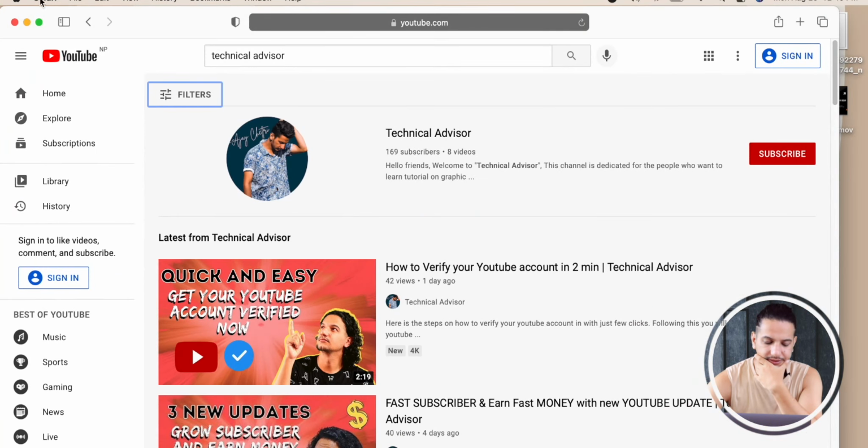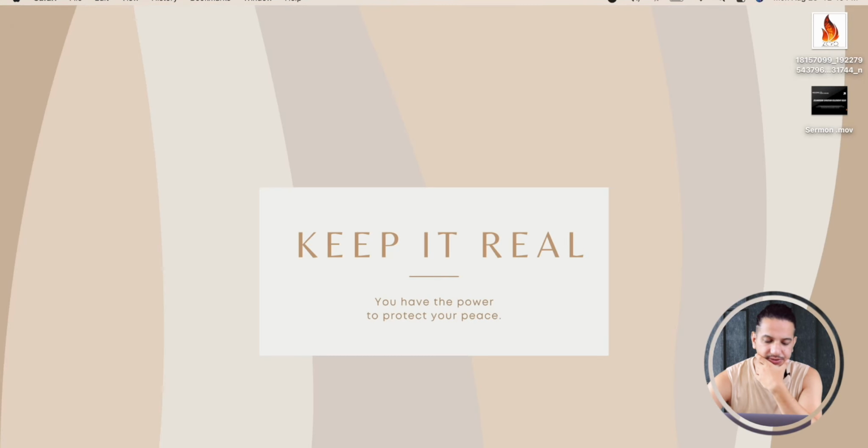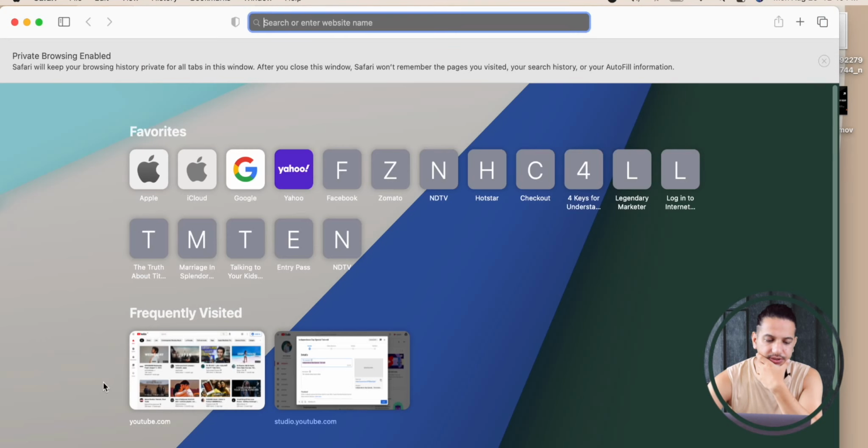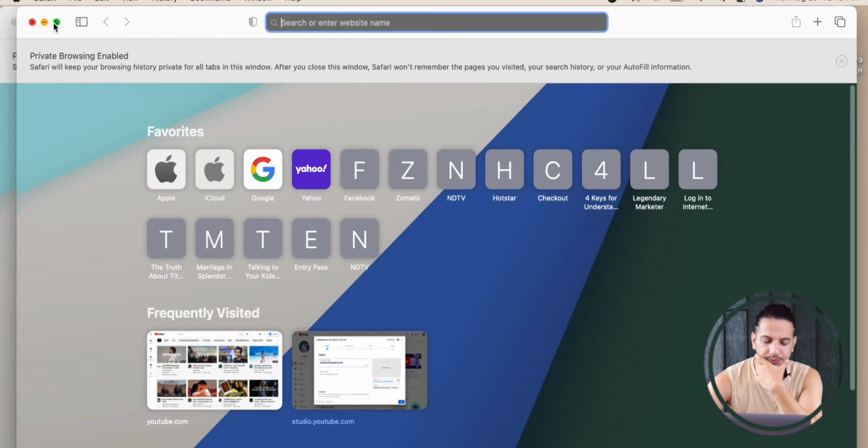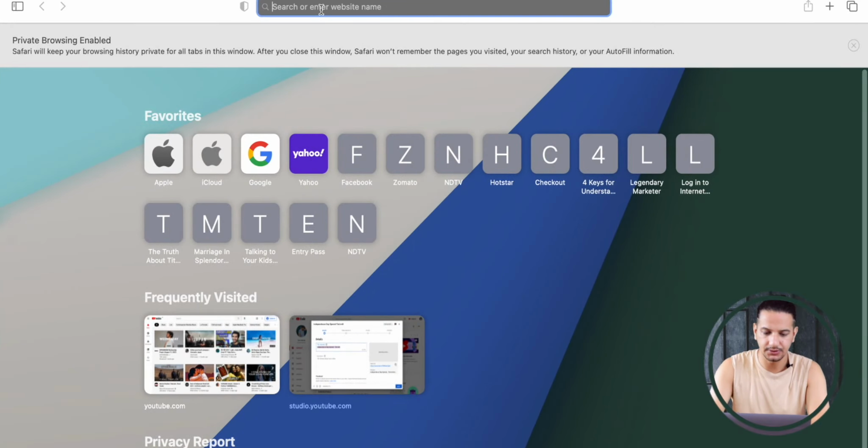All right, let's get started and move directly on the screen. So yeah guys, as we go into the screen, we can see, I'll just open the Safari browser and I'll turn on the private window. When I open it, let us type in youtube.com,